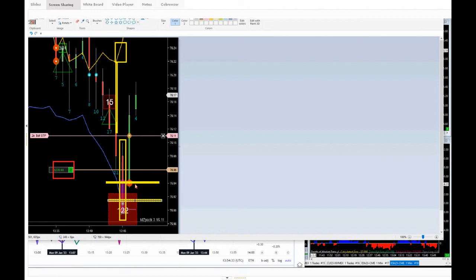So Theo is 100% right. That is a 100% benchmark. It's one of the best trades